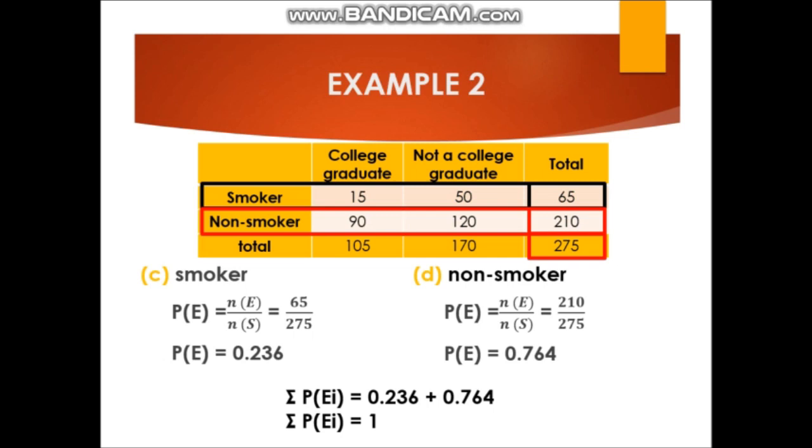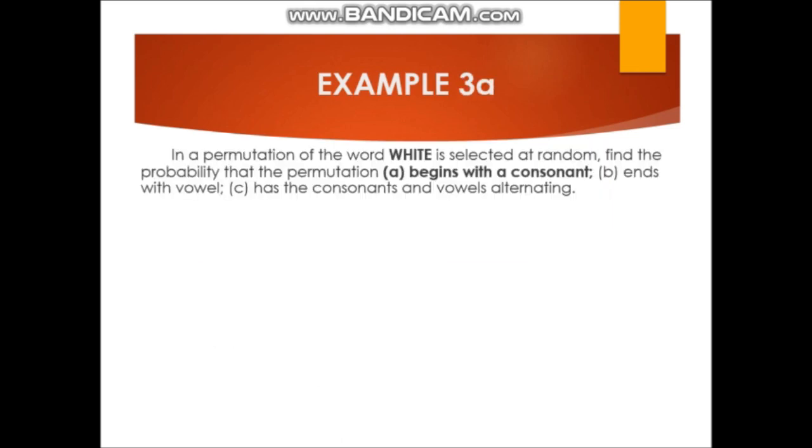Okay, let us proceed to the next example. In a permutation, the word white is selected at random. Find the probability that the permutation is A, begins with a consonant, B, ends with a vowel, and C, has the consonants and vowels alternating. Okay, by this time, let us first focus our discussion by solving letter A, which is